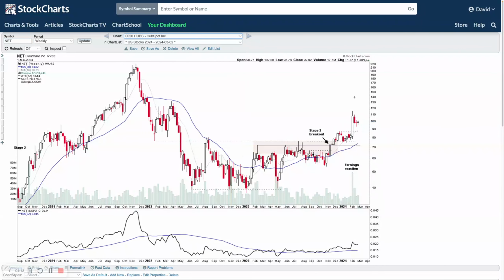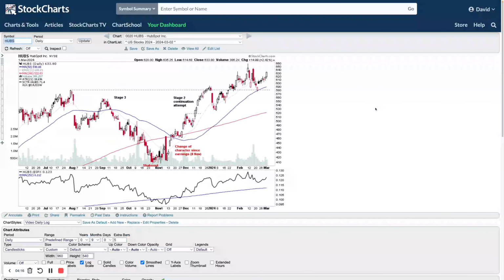Go on to the next one, HUBS. So this one's been moving up in stage 2 for a little while again. Like many stocks through the end part of last year into the August to October period, it developed stage 3 characteristics and started to break down below its 200-day moving average, forming a shakeout move. We saw the same thing in the major markets as well, with the S&P 500, etc., having a shakeout with a singular week dropping into stage 4 before turning back around again at the start of November, starting to surge